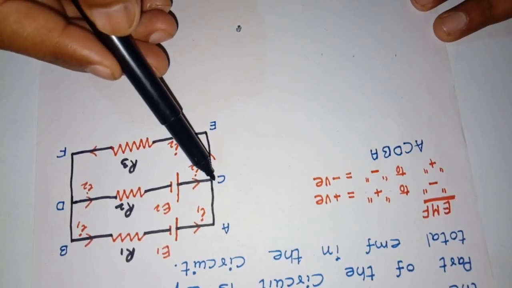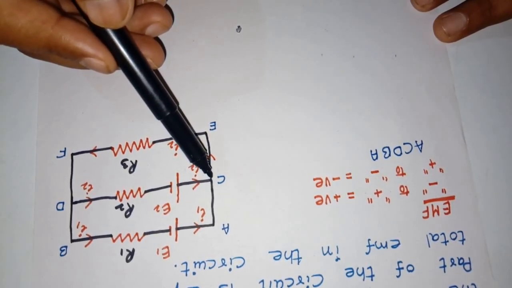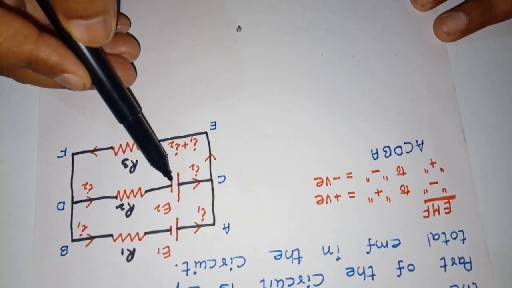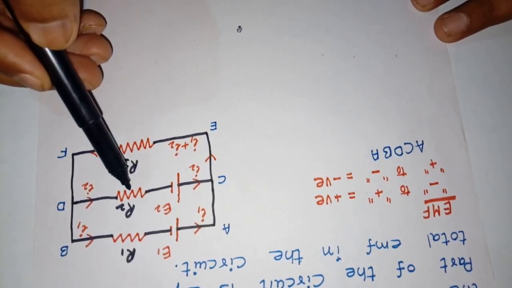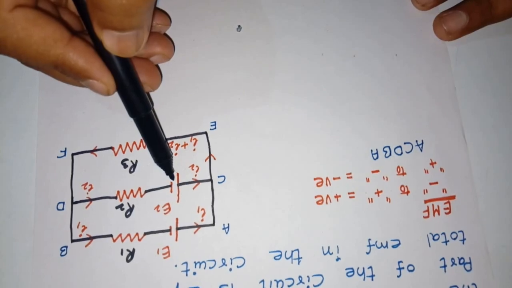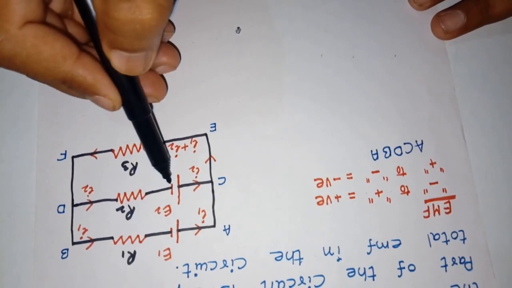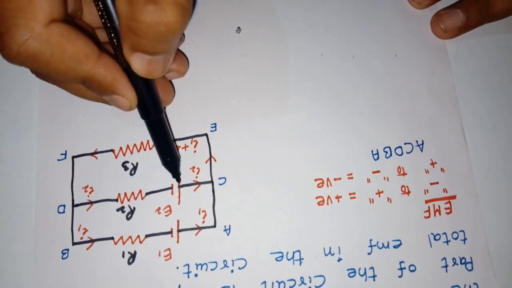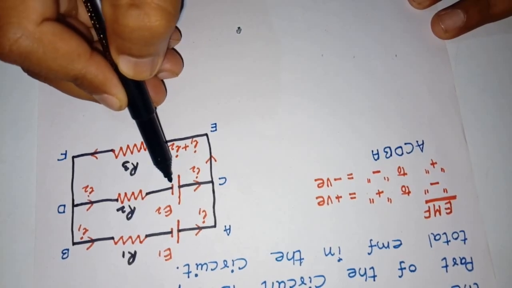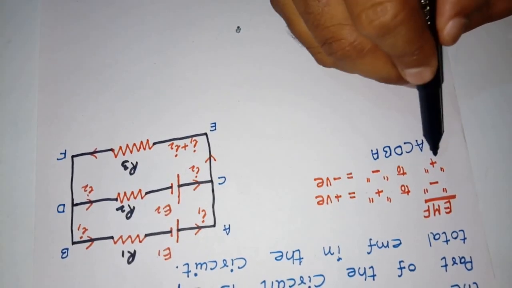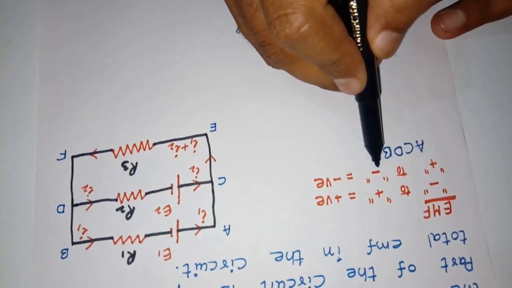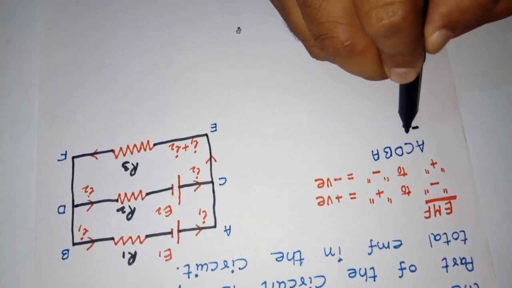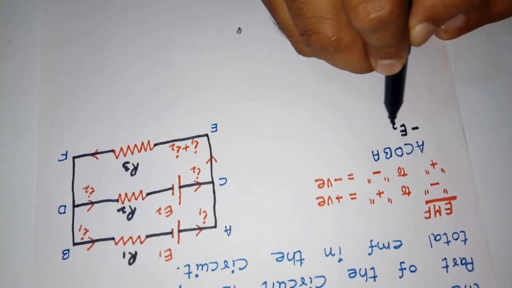In between these two, there are no batteries connected and no resistors connected. Between C and D, we have one battery and one resistor. First, the battery. How should the sign convention be applied for this battery? Here we are moving first from the positive terminal to the negative terminal. So the EMF should be taken as negative. So here we can write minus E2,